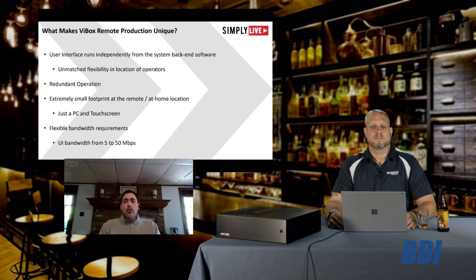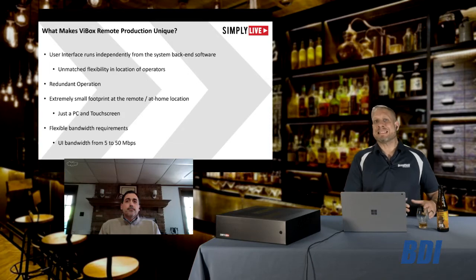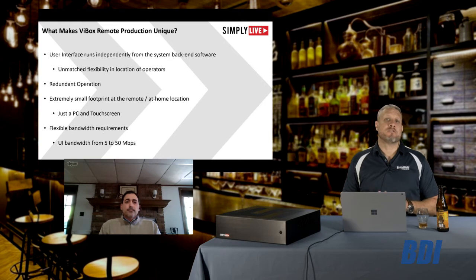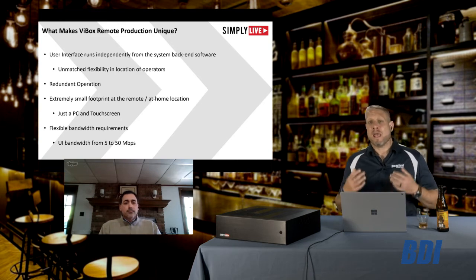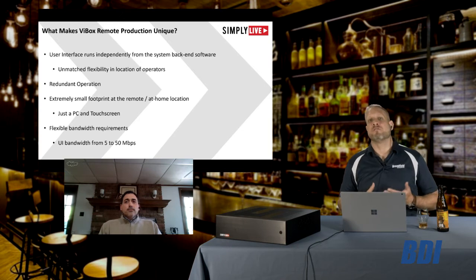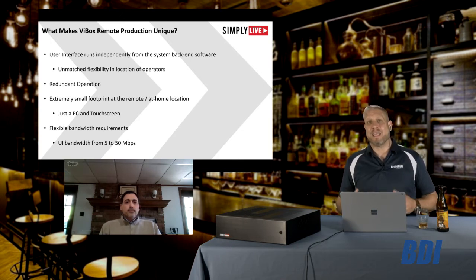We will probably run more around 20, but really being able to work from home with a home internet connection. And Greg, I have to tell you, I think the touchscreen is really a great move. We're seeing the touchscreen really ease the ease of use, and the graphic user interface on a touchscreen makes things a lot easier, but it's also generational. As you're starting to get these younger producers come in and being expected to drive the show, they're used to working on these touchscreen devices and being able to have as many controls as they need right there in front